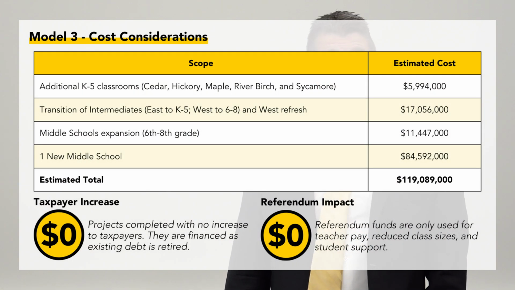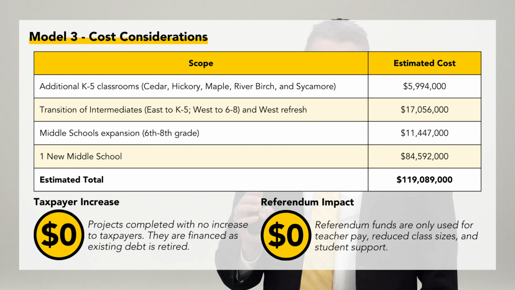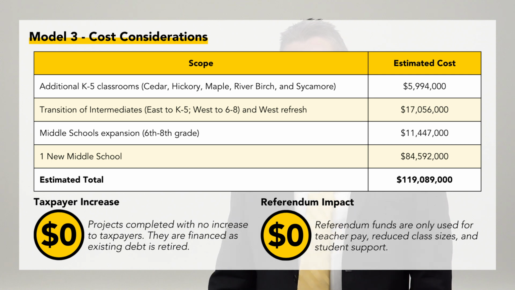Here you can see cost estimates for Model 3. And as we shared earlier, this is the most expensive model because it does cost more to build a middle school than it does an elementary school. So you can see that cost has gone up. Some of the other costs have gone down because there is less need for expansion at some of our other buildings in this model, but certainly an increase in costs when we think about building a new middle school that